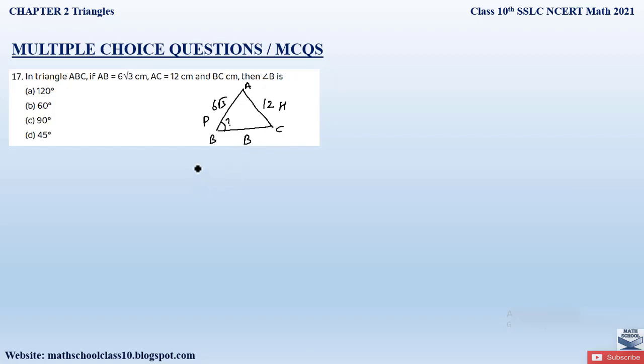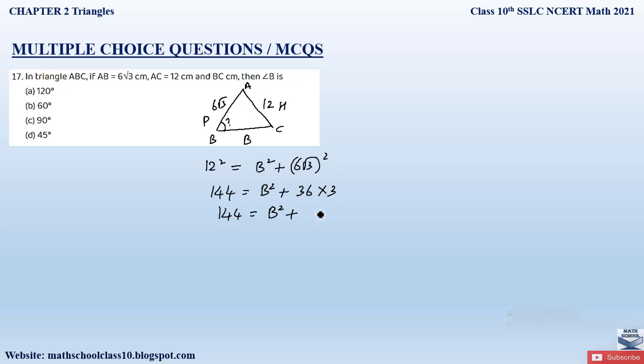So applying the Pythagoras theorem, that is the hypotenuse square or 12 square is equal to the base square plus the perpendicular square, that is (6 root 3) the whole square. So 12 square is 144 equal to base square plus, taking the square of this term, 6 square is 36, root 3 the whole square will be 3, or 144 is equal to b square plus, multiplying